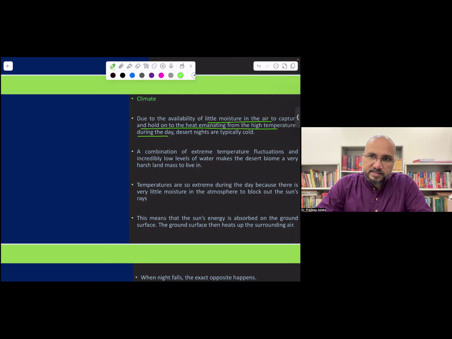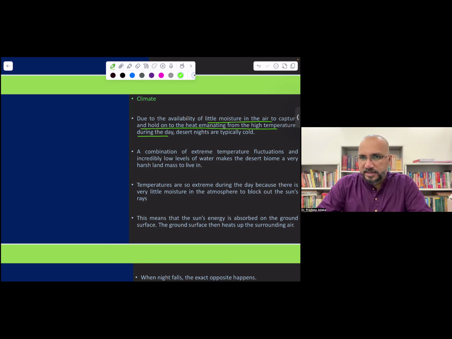Deserts are very hot during the daytime because there is no vegetation to intercept the light, so the light directly falls onto the surface. There is no moisture to reflect the light. Moisture in the atmosphere will reflect some amount of the sun's rays. So if it is humid, the soil surface will not get too hot because some of the radiation will be blocked or reflected back. If there is no moisture, all the radiation can heat up the surface very quickly,